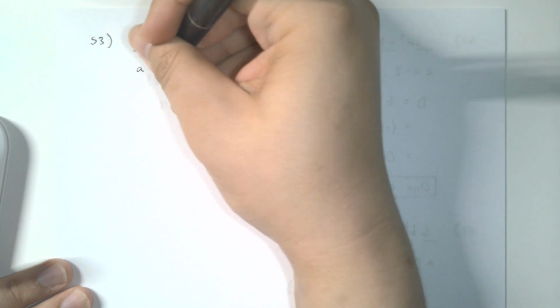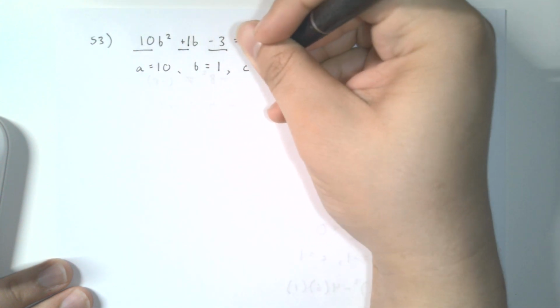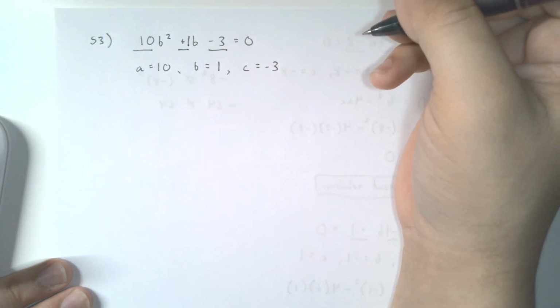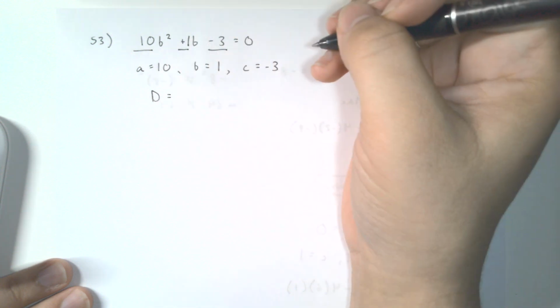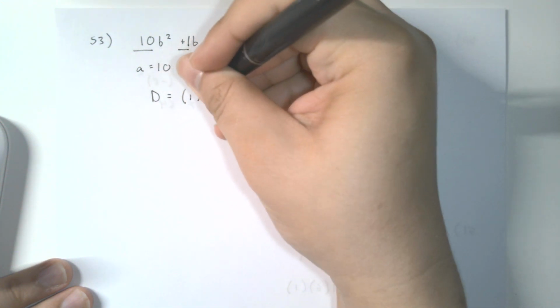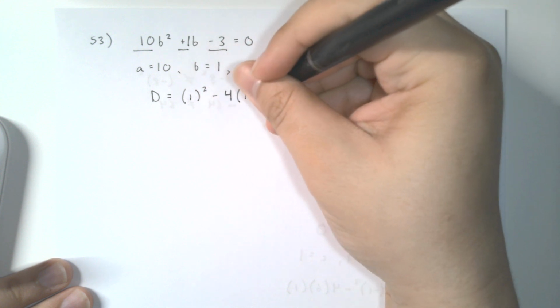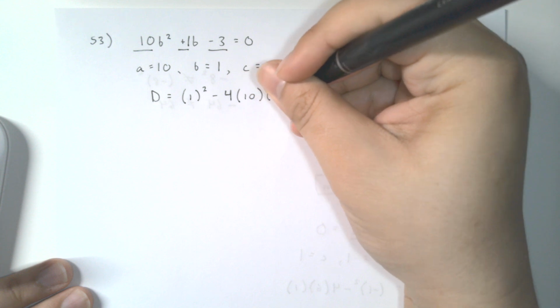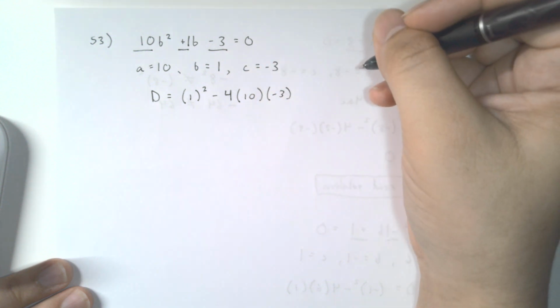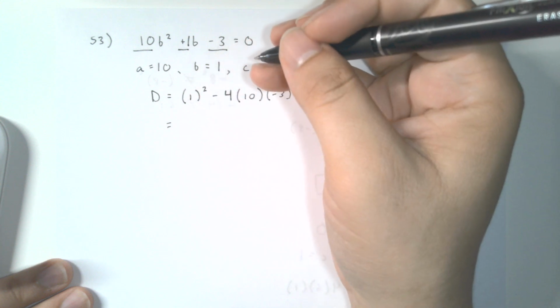We have a is equal to 10, b is equal to 1, and c is equal to negative 3. So for our discriminant, we have b squared minus 4 times a times c. And calculating this out, we have